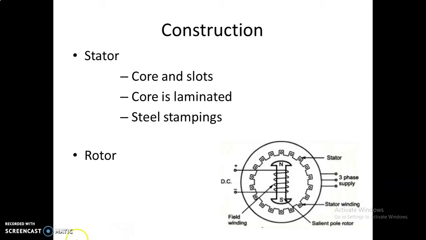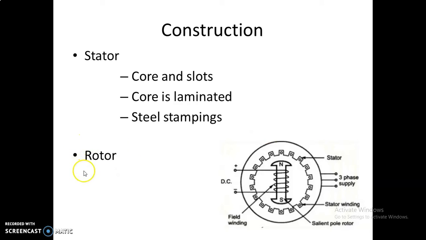The stator core of an alternator is laminated in order to reduce eddy current losses. The stator is built up of special steel stampings insulated from each other with varnish or paper. Silicon steel is used as the armature core to minimize the hysteresis loss. The entire core is fabricated in a frame made of steel plates. The core has slots on its periphery for housing the armature conductors. The frame does not carry any flux and serves as support to the core.